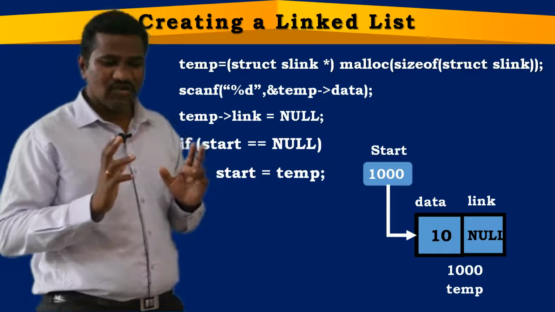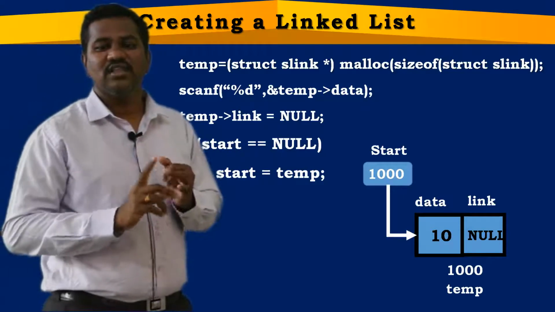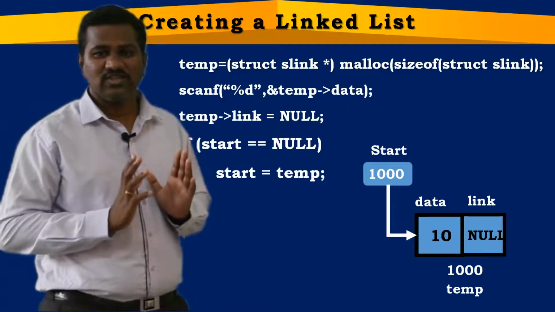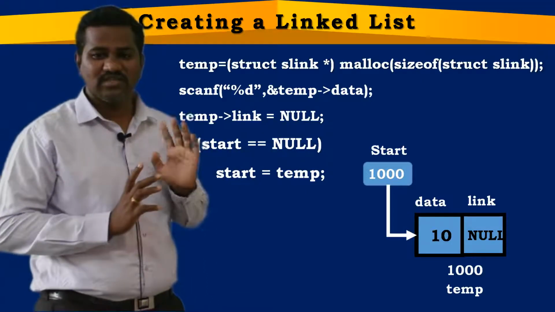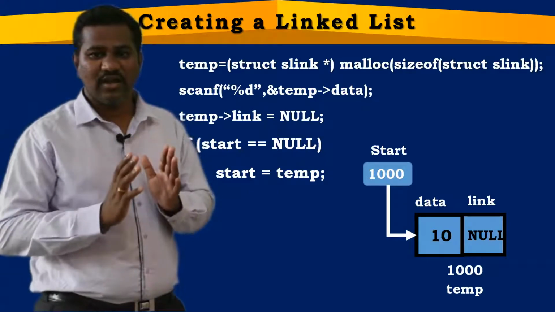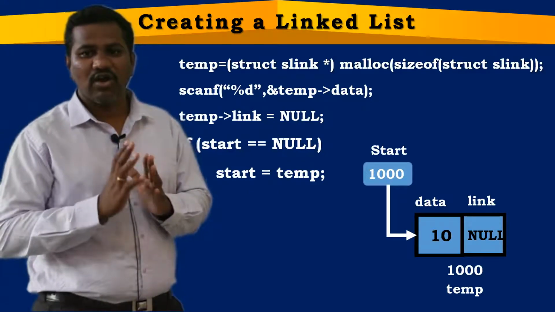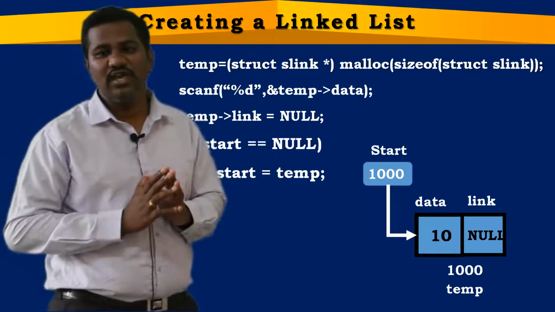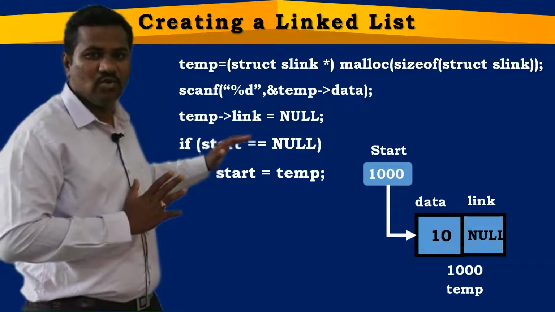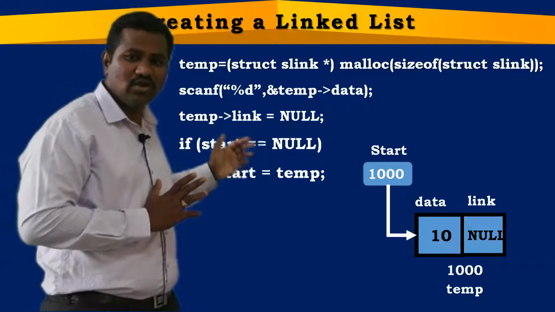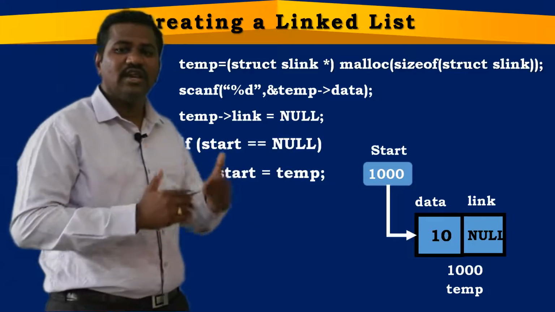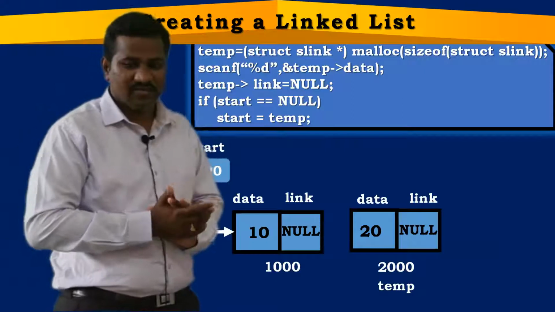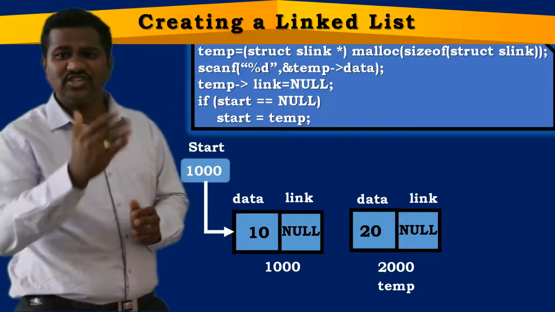Simply, the create function will have only two parts. One is the if part, the other is the else part. If the if part is true, it is very simple: we are creating the first node in the list, and this will be executed only once. If you are executing the program and creating the first node in the list by calling the create function, it is executed only once. That means this if part is going to be true only one time, at the time of creating the first node. When you are creating the second node, this is going to be false. It always enters into the else part.